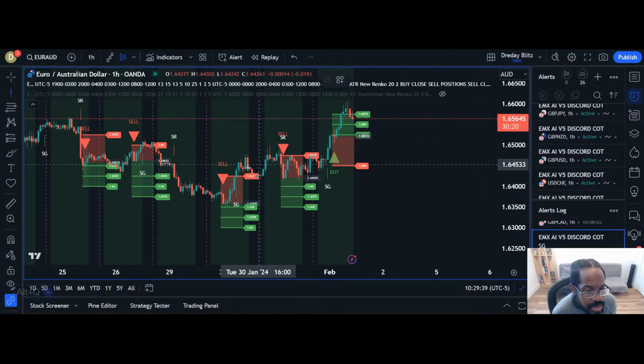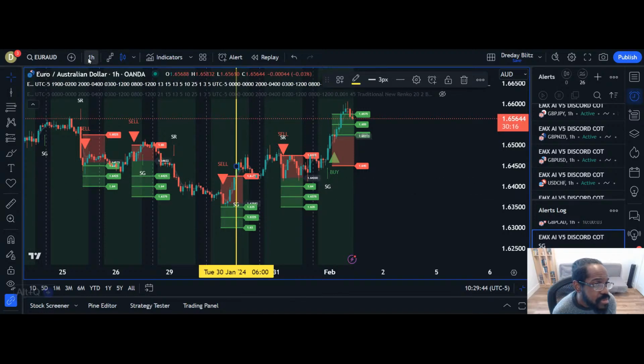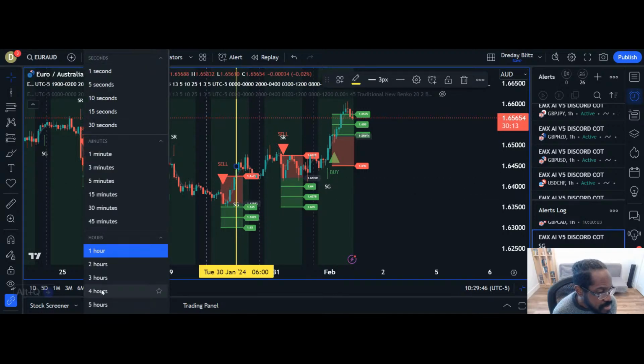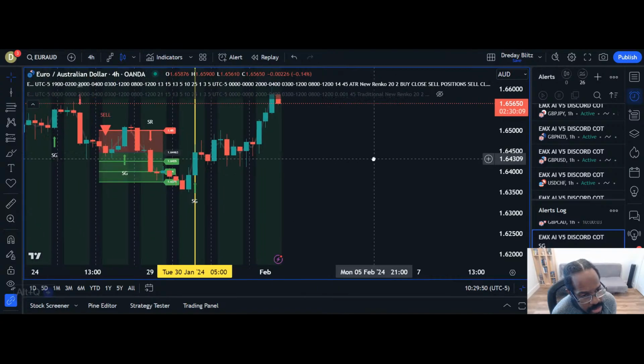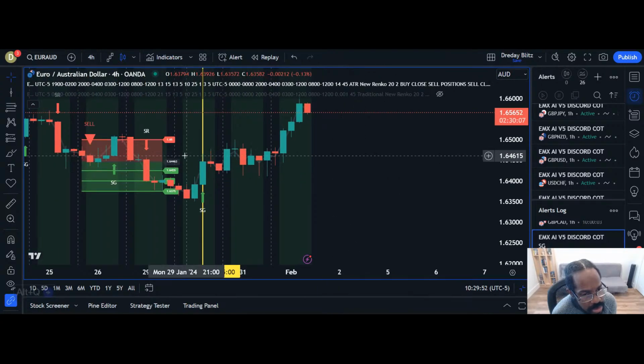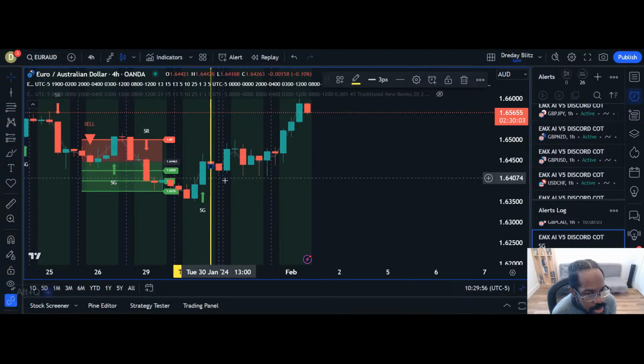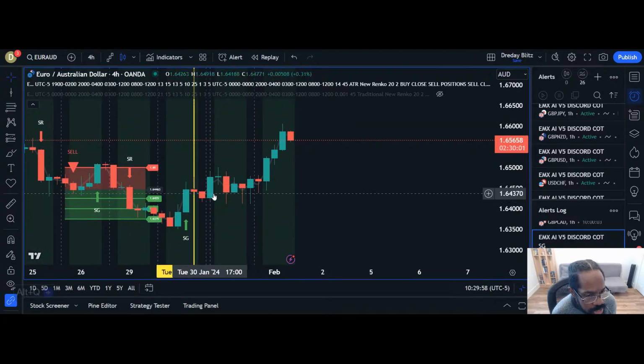So you're talking about this portion right here. Let me go on the 4 hour and see what it is. Okay, so switch green right here. So you only should be looking for SG right here. So that means if we go back on the 1 hour,